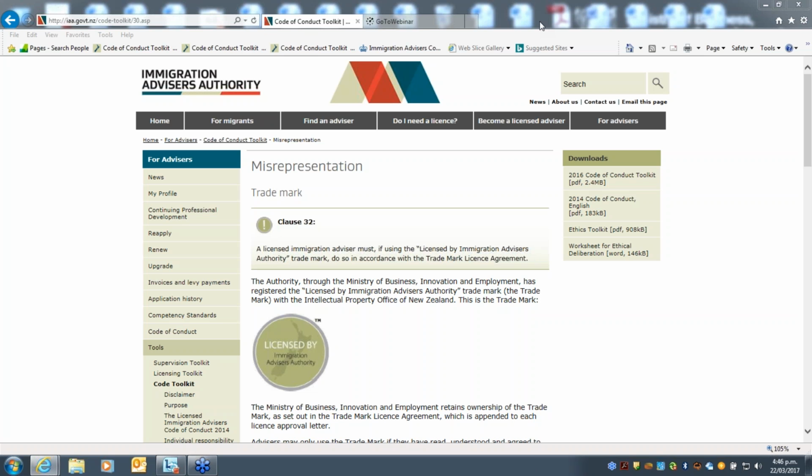Okay. With regard to providing the client with a copy of their file, do we need to give the client a copy of our own cover letter we wrote and sent to Immigration New Zealand? Yes, all correspondence relating to the client, yes. That would definitely fall within correspondence relating to the client if they're requesting it, yes.